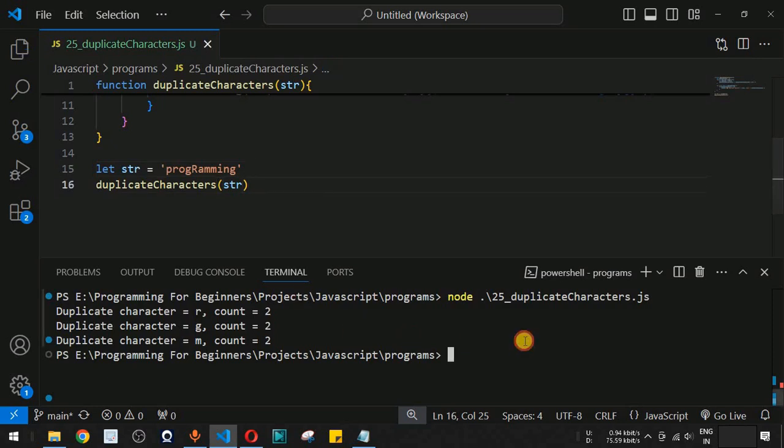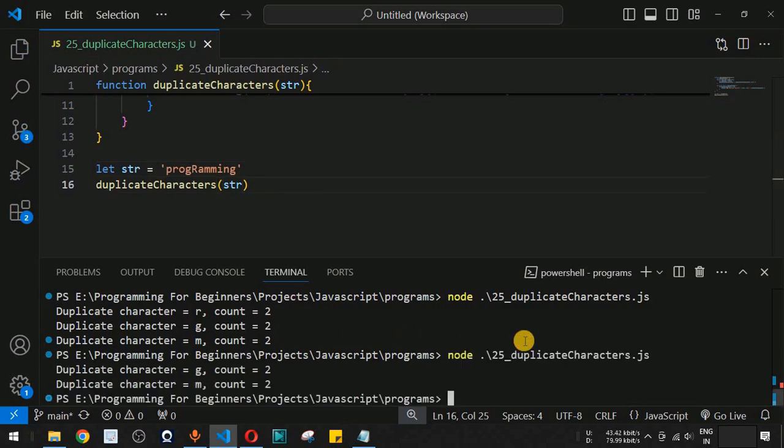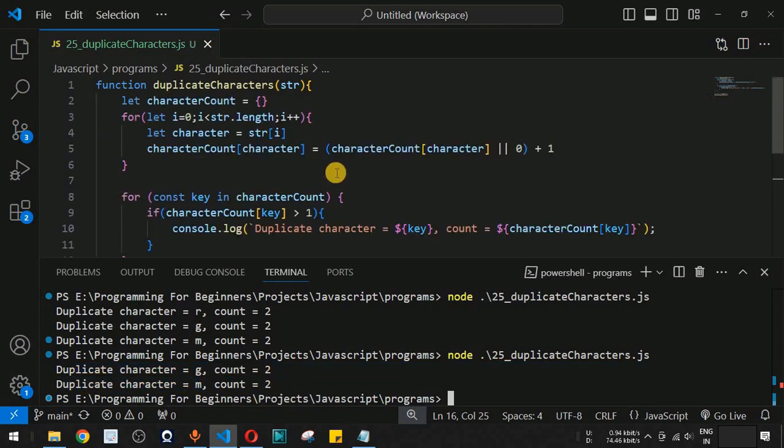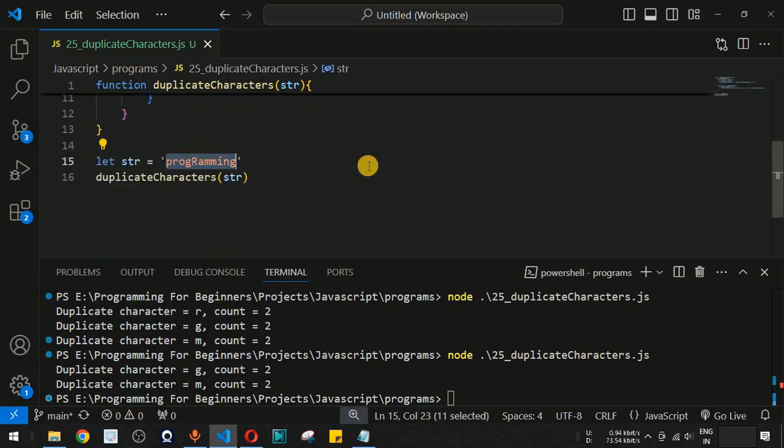So when we save this file now and try running this code once again on the terminal, as you can see, we only get the character g and the duplicate character m along with their counts. So basically this program is going to consider all the characters based on their cases, that is the uppercase or the lowercase characters.